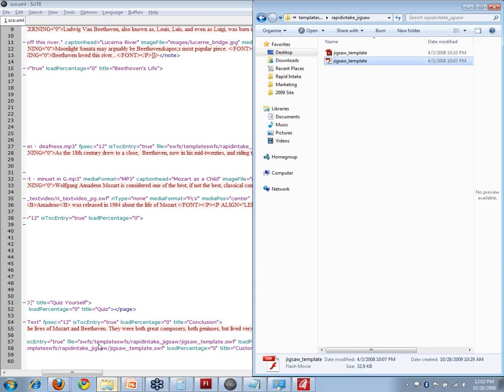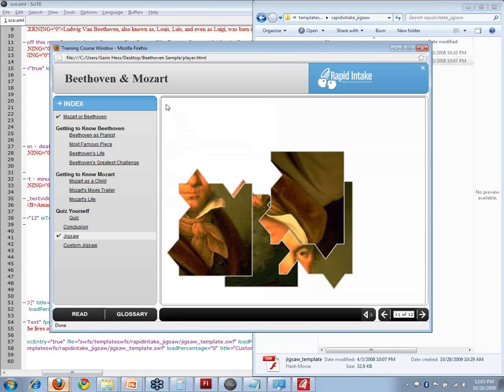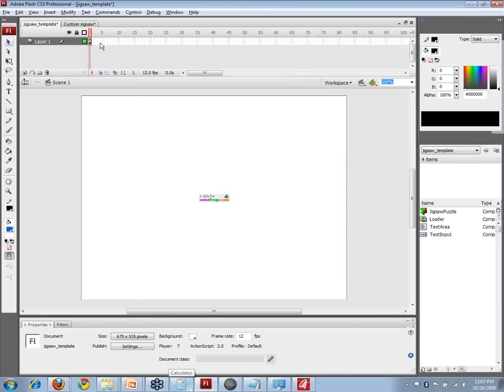in the XML, meaning it's got to be in the form, like I showed you in the form. And then the player code is going to load that in automatically. So you don't have to code that, but that's the first thing that happens. The next thing that happens is it runs whatever's in this Jigsaw template.swift file. So what's in there? Well, if we look at the code again for that,